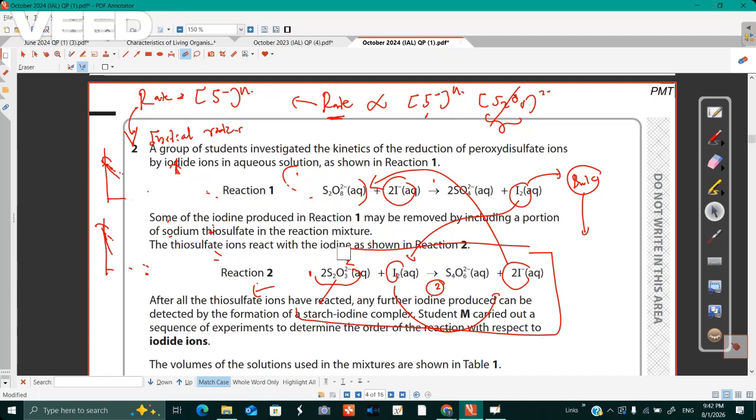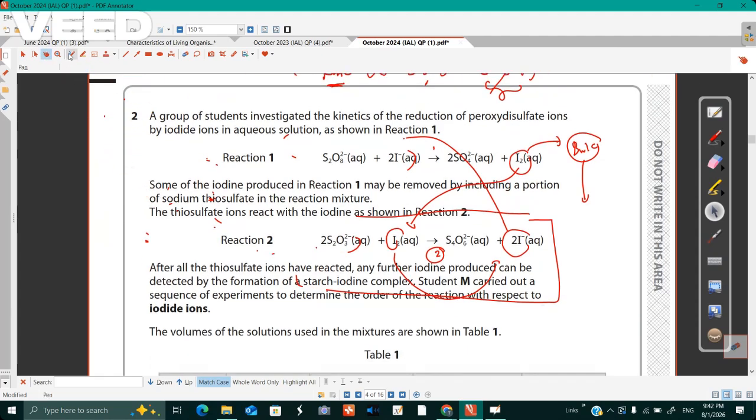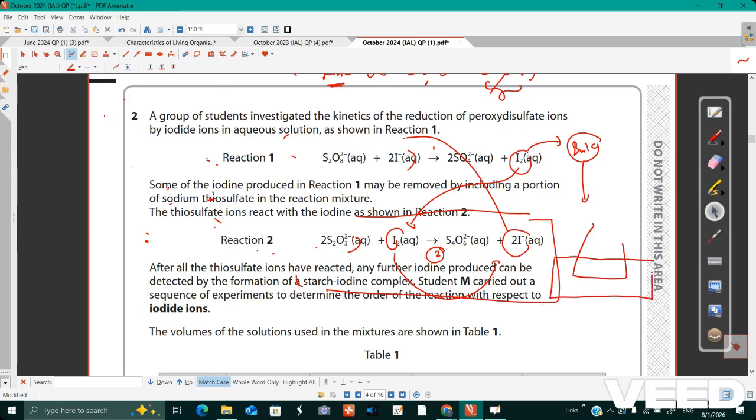Anyways, we are here observing how long it takes for the blue color complex to appear. The moment the blue color complex appears, we stop the reaction. When we do the practical, we have the flask on a white plate with a cross on it, so we check how long it takes for the cross to disappear. Otherwise, there will be an issue with the color intensity,